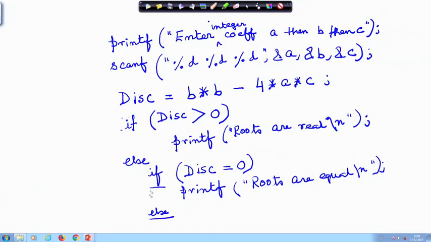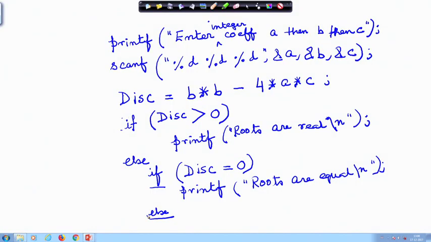You remember that else and ifs are tied up based on the closest; the else is connected to the closest if. So, for this else the only option is discriminant is neither greater than 0 nor equal to 0. So, discriminant is less than 0, then printf